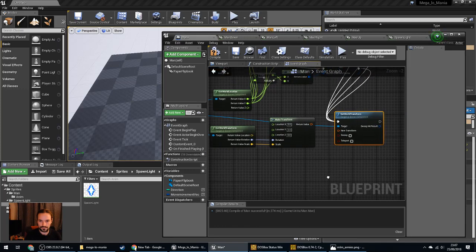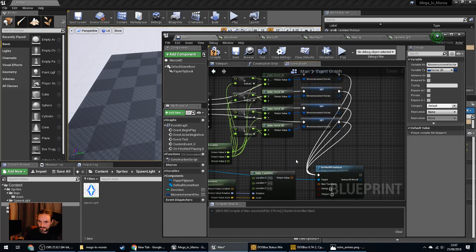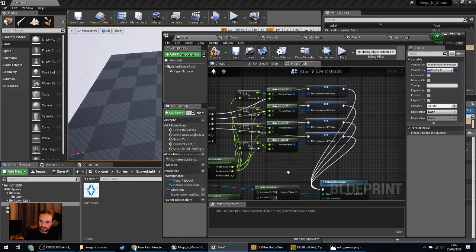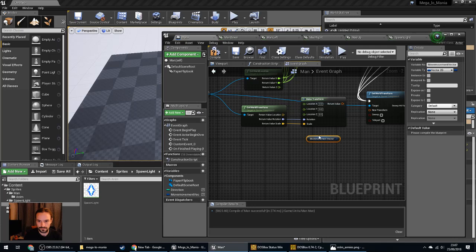Set the world transform. Now we know we've got this movement vector that's going to give us our change in x and y, and we've got our location that we are creating a transformation of. So I think